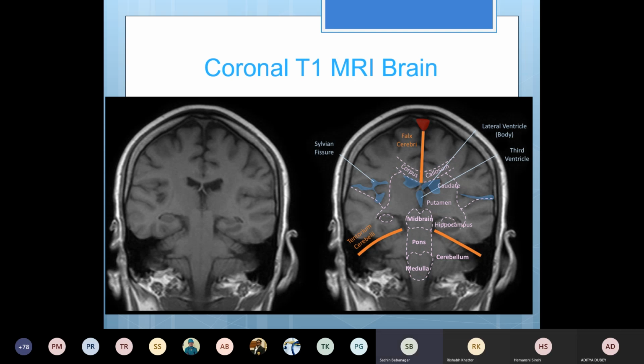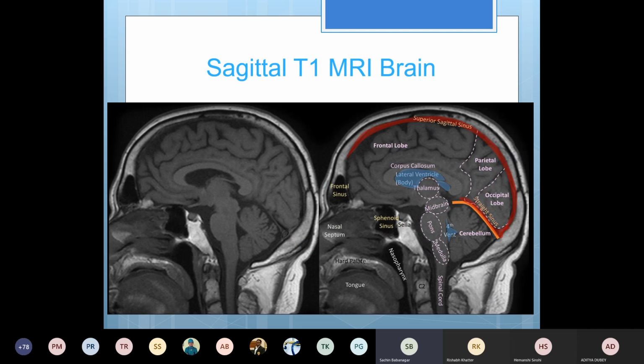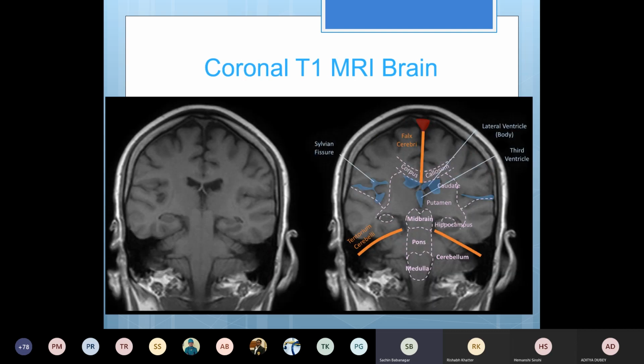So here you have the falx cerebri in the middle. That is just the fold. Okay, and along that you see the superior sagittal sinus. Here you see coronal view, and earlier we saw sagittal view. Sagittal means along the middle. Parasagittal means just parallel to the mid-sagittal plane. This is coronal. So basically you have a longitudinal view, like how you see the face. So just imagine you're trying to look at the face, but in different sections parallel to that. So this is the coronal.